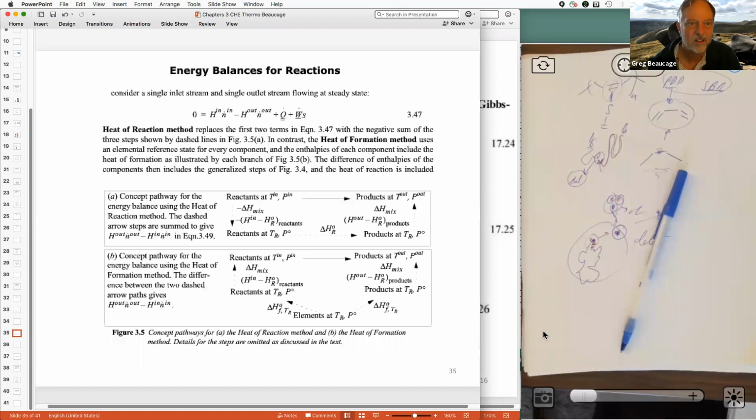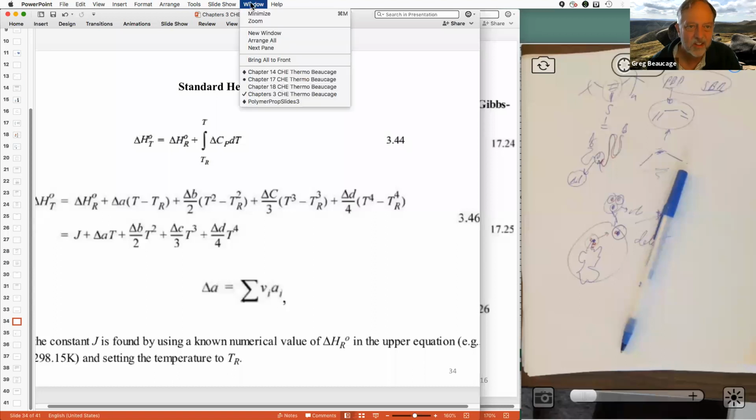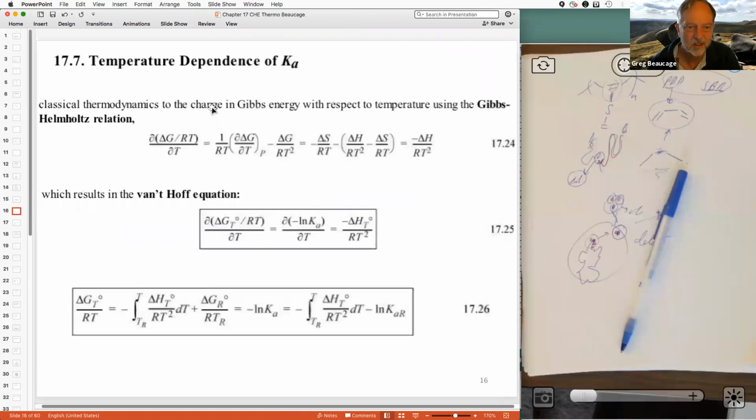So we do the same thing for delta G. But the easiest way to do it, since we already have delta H, is to use the Gibbs-Helmholtz, which relates delta G to delta H by 1 over T squared. And you'll remember this gives you dT over T squared, which is d of 1 over T, right? And this gives you 1 over T versus the exponential of the energy on this side somehow. Because this is delta G divided by delta H, and the delta G is delta H minus